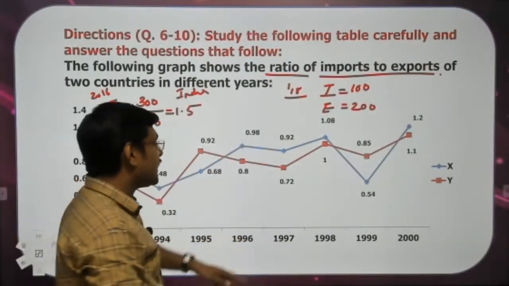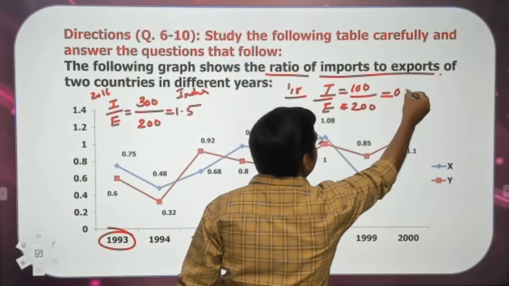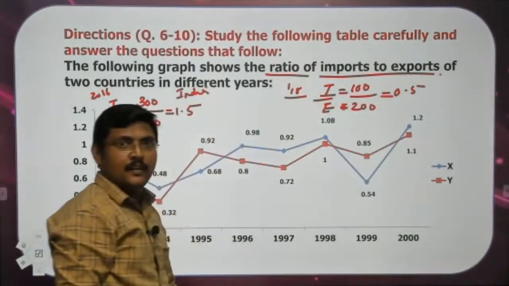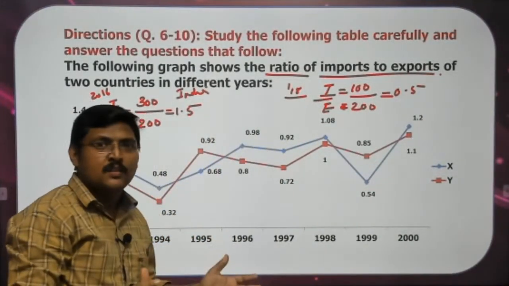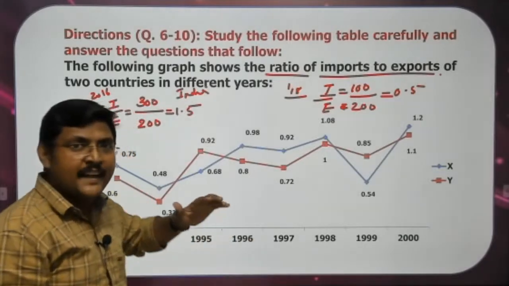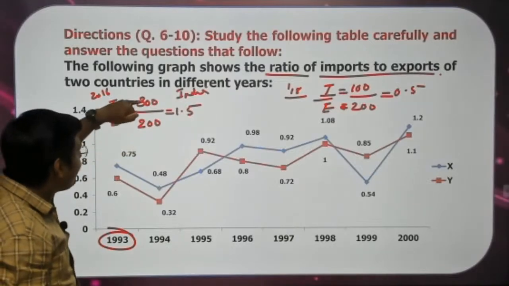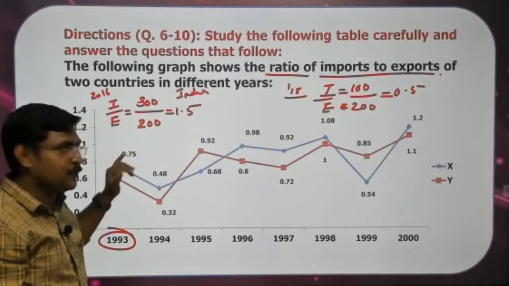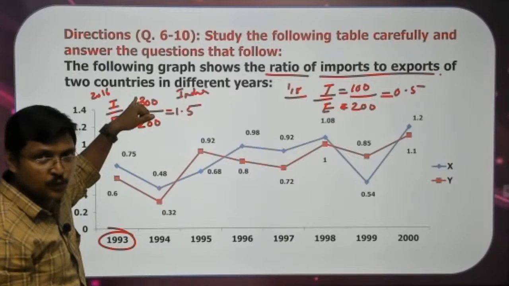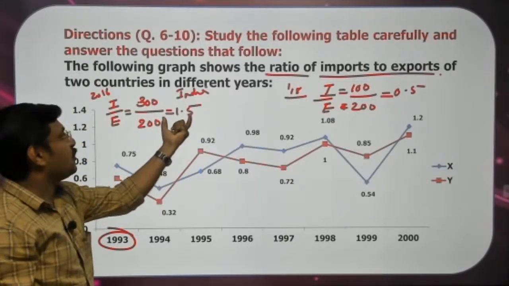Okay. For that year 2018, the import to export ratio will be 100 by 200, it will be 0.5. What did you understand on looking at this frame? Here you should understand that when we are dealing with import to export ratio, if the value of import is more than the value of export, here the export is less and the value of import is more, right? If the value of import is more than the value of export, the ratio value will be more than